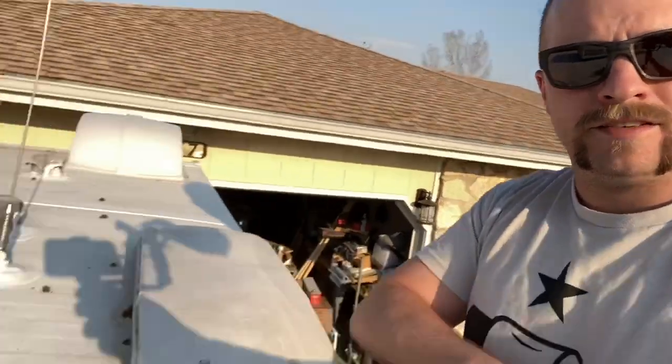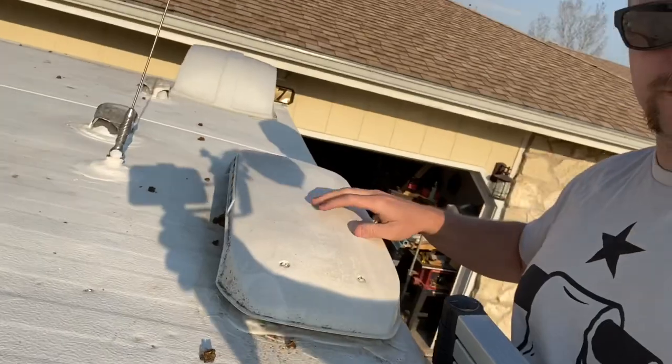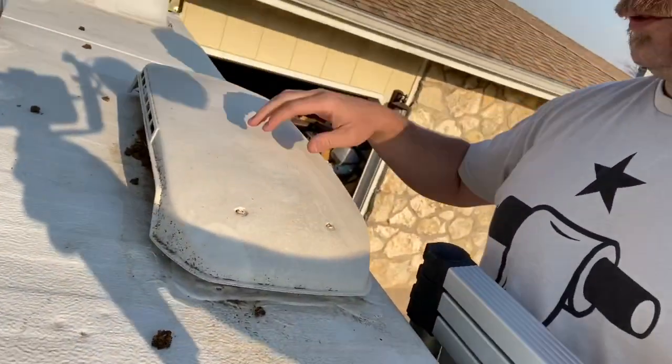Alright, so here I'm on the other side. This is the vent I was talking about. This is where you guys were sitting next to before. Four simple screws, and this comes off. This does need to be replaced. Unfortunately,